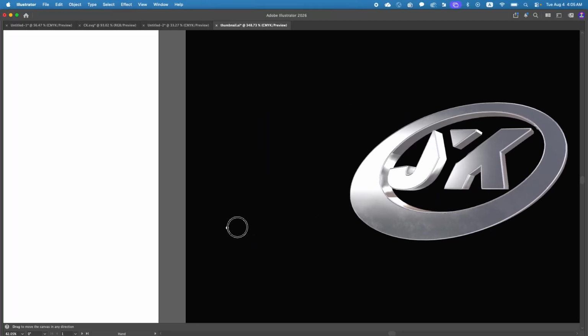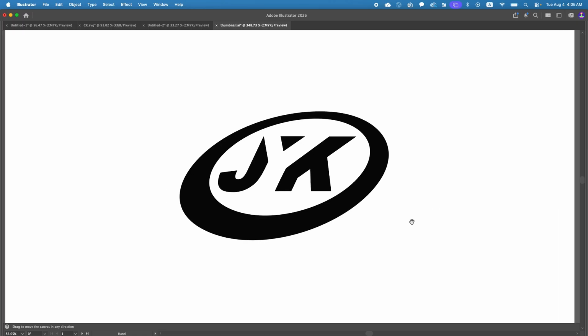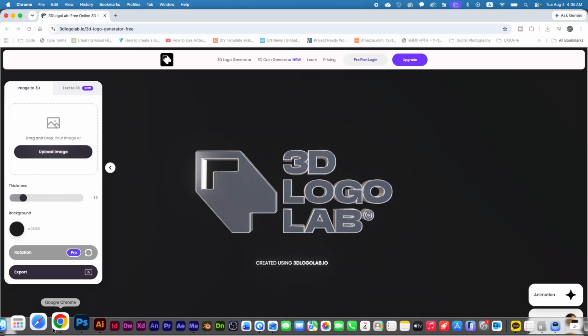So in Illustrator, if you have any logo or text like this, black text on white, save it and then export as a PNG file. Then go to the website